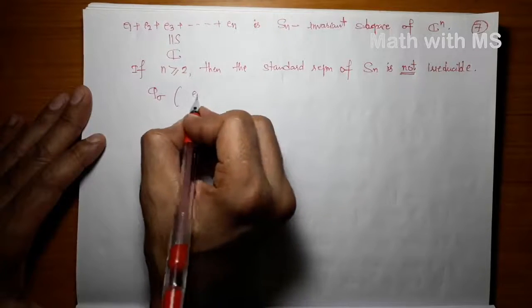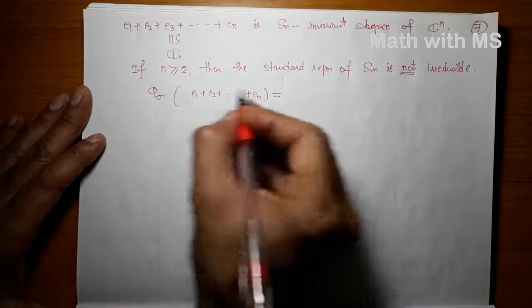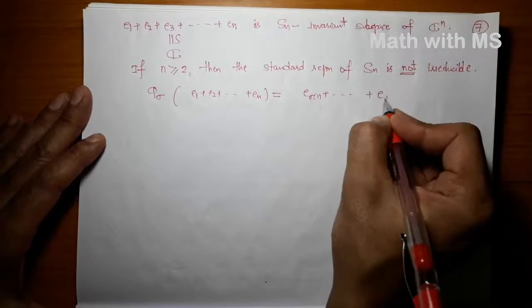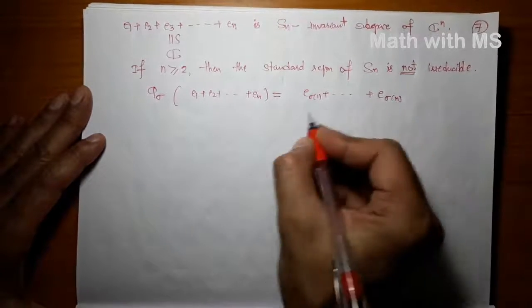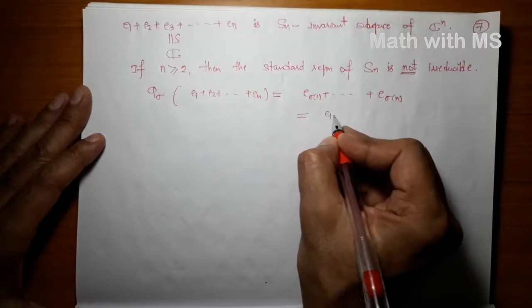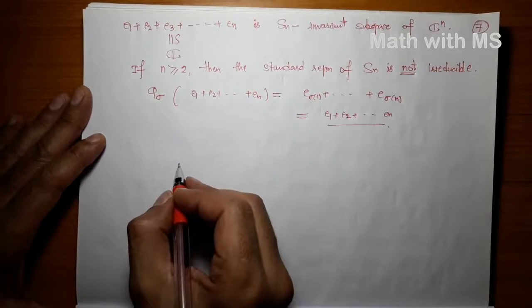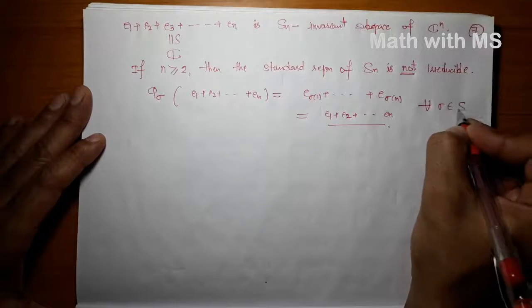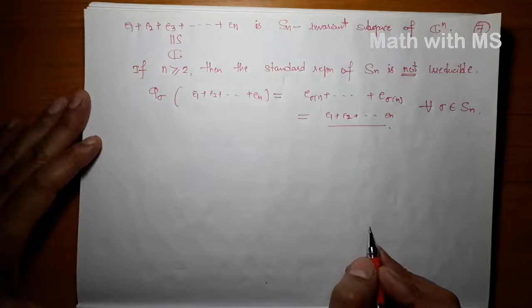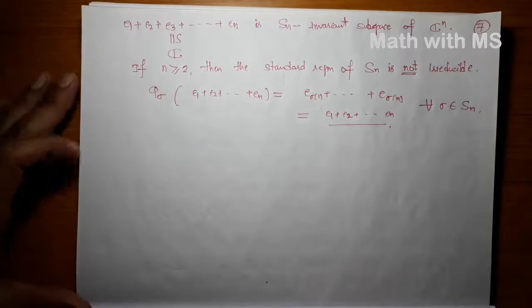phi sigma acting on this vector is what? It is just a permutation on these subscripts, so it is E of sigma 1 plus so on plus E of sigma n, right? But it's just a permutation of 1 to n, and you are working in a vector space which is abelian, so it is the same as E1 plus E2 plus so on En. Okay, it's again the same vector, right? This happens for every sigma in Sn. So the permutation representation of the symmetric group, for n bigger than or equal to 2, is not irreducible, and later we will see how to really break this into irreducible components.